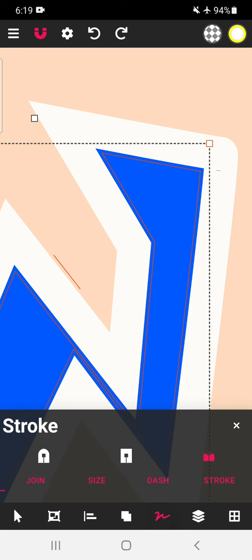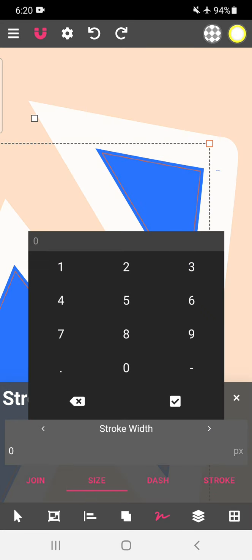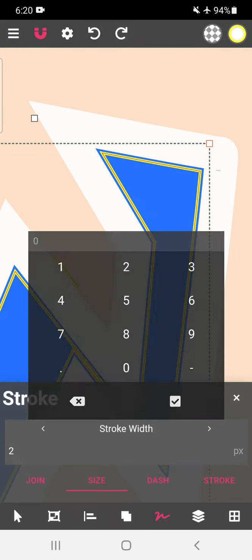So this stroke is formed. Now we will increase the size. Tap this particular stroke again, go to this size and increase it to 2.